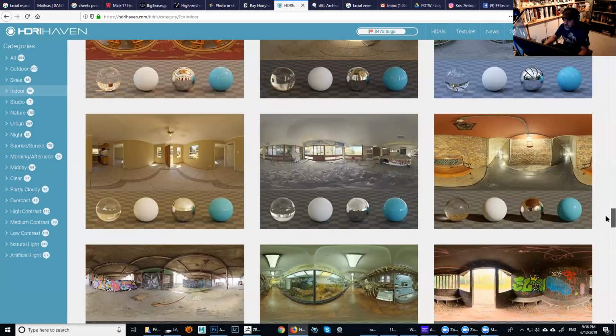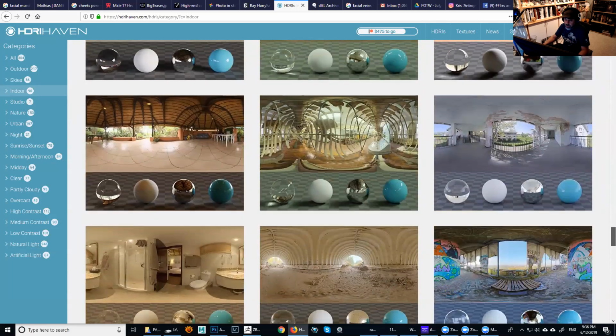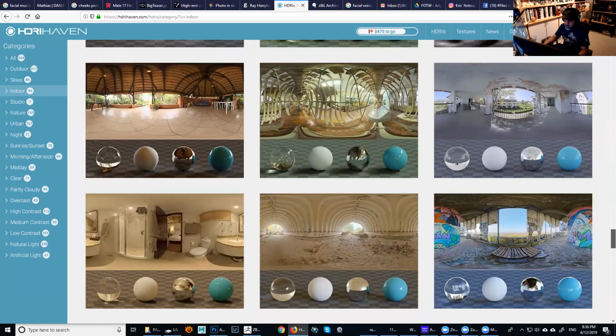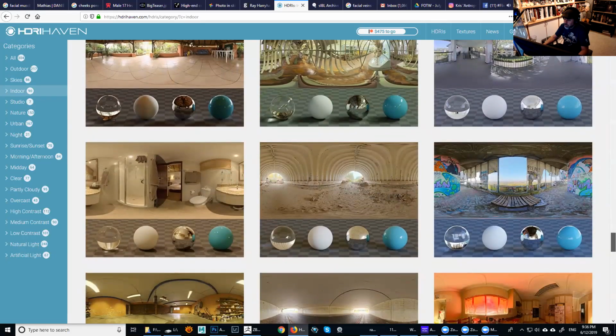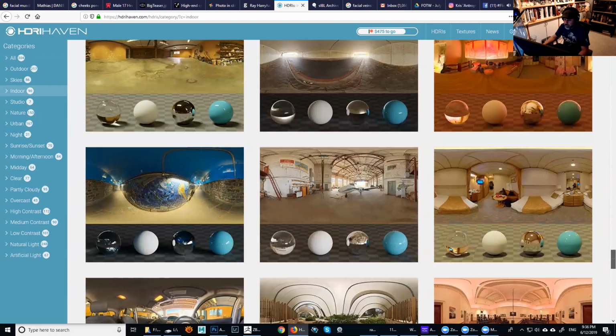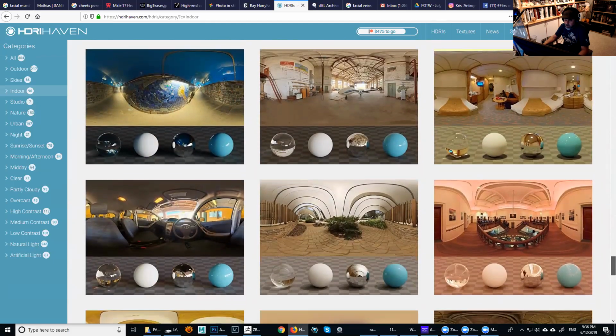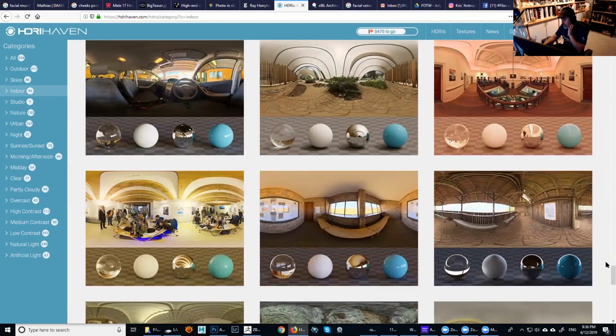But go take a look, and like I said, try them out. Download like 10 at a time and then experiment with them, because you're going to be surprised by how cool some of them are. And the best part is that, I don't know if all of them, but every single one I've tried so far is very well calibrated. So I don't need to do any tweaking or overexpose or underexpose them. If I set it to one, I normally get good results out of the box.